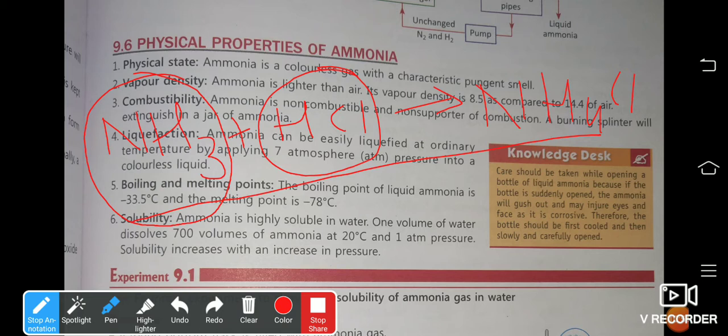How can we come to know which substance we should dip the glass rod in? First, try to do the basic test for identification whether it is an acidic compound or a basic compound. Suppose red litmus turns blue, that means it is ammonia, because ammonia is basic in nature, and in basic solution, red litmus turns blue. If blue litmus turns red, it is hydrogen chloride gas, because blue litmus turns red in acidic solution.